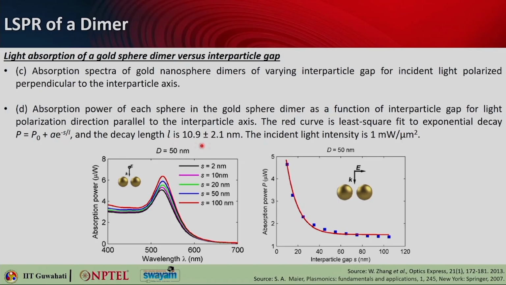Okay, and the decay length is also found out, that is where the initial resonance decays up to 1 by e value, and this is the incident light intensity used here. So, with this kind of scale, you will be able to measure the separation between the particles, because you have a kind of power law. This is an exponential decay. So, you can follow this decay pattern and you will be able to guess the nanoscale separation between